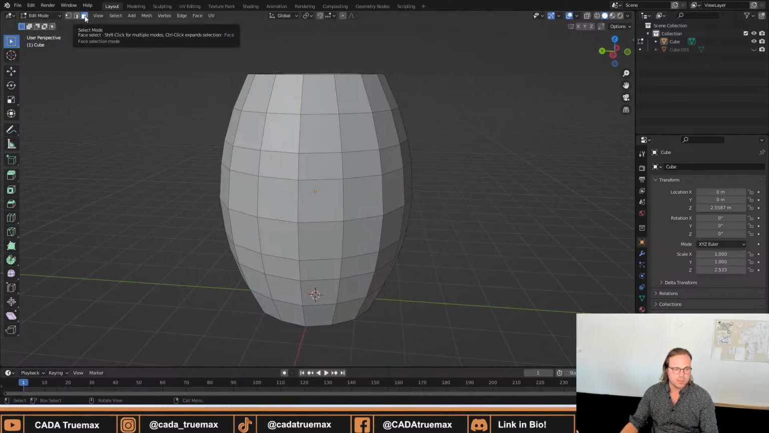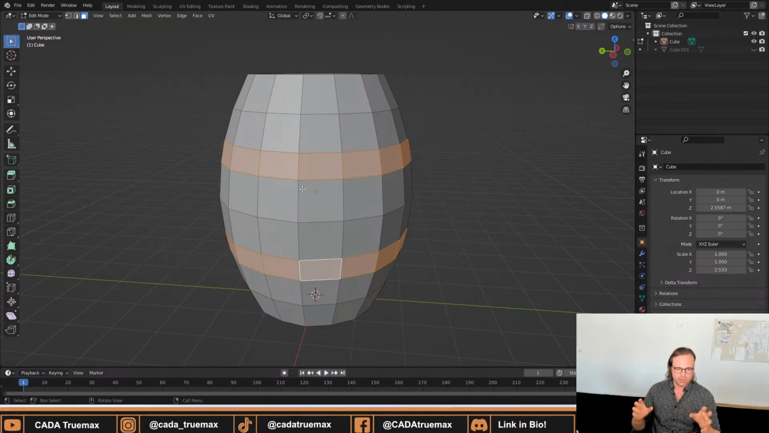Up here in the top left-hand corner. Hold down Alt, and there you go. I'm going to select a face loop, hold down Alt and Shift, and select another face loop. Like I said, these are going to be the barrel bands of the barrel. Now, we could just extrude these out, but I like having them a bit separate, so we are going to keep them separate. And we're going to do this by duplicating these faces. So we are going to select them and